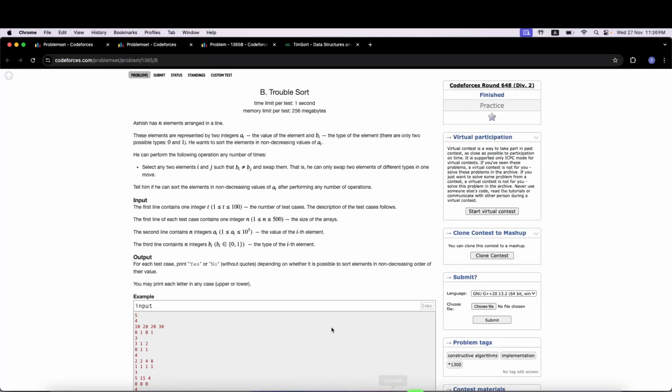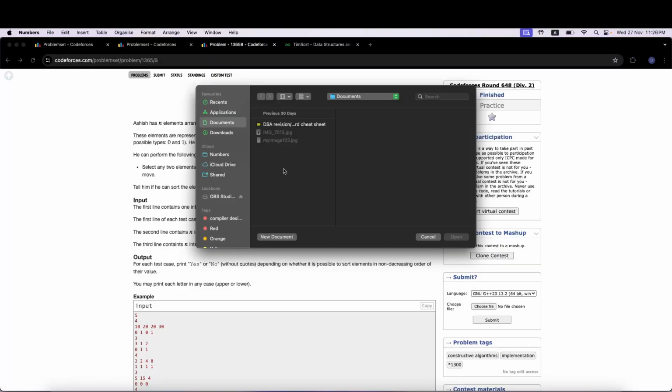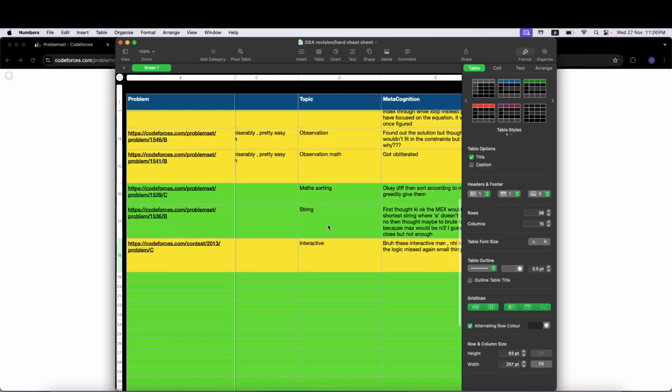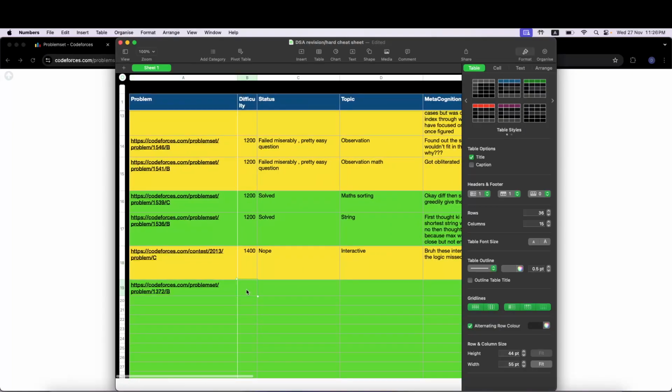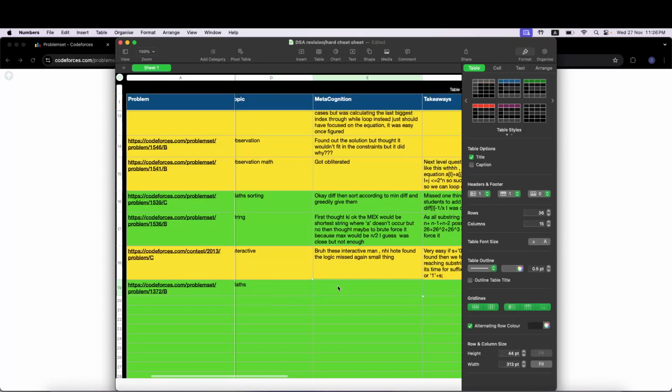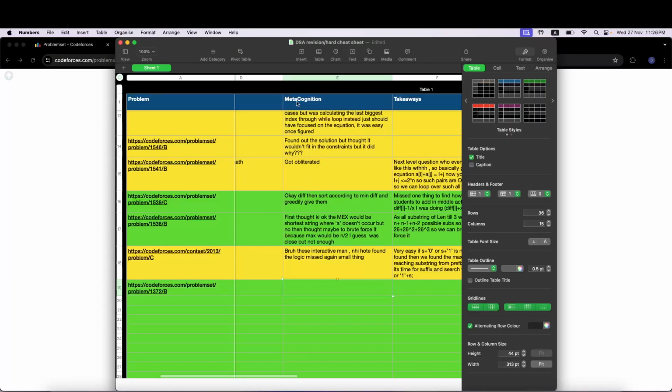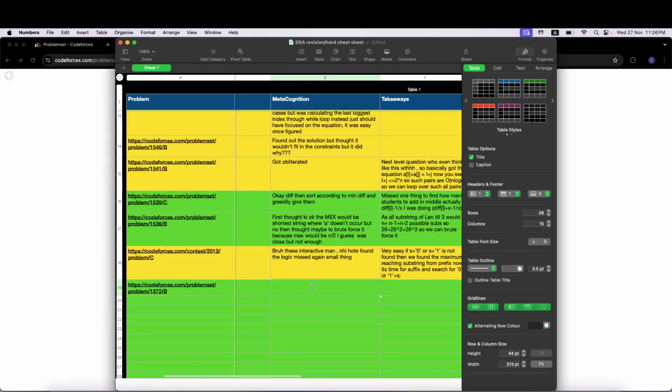I need to update it into my Excel. So basically this is the Excel that I have maintained. And I just write whatever the first thing I thought of, basically the first idea. It was to